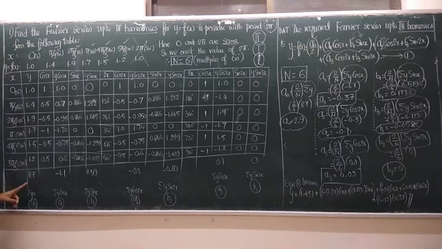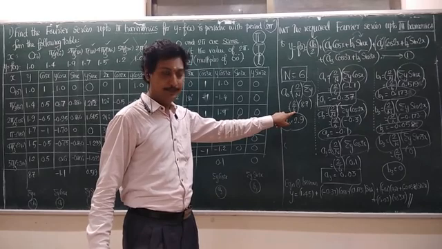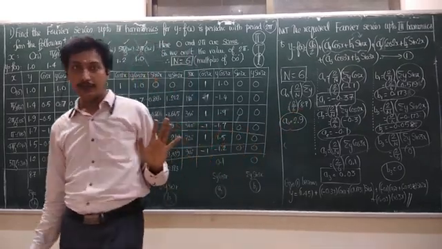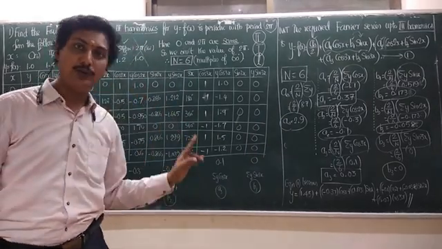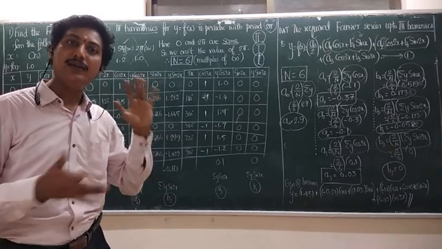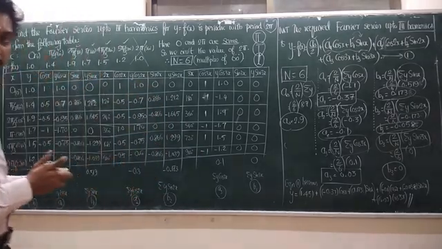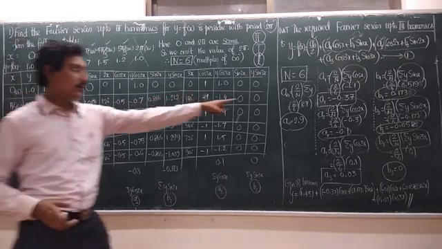Once we get the sigma y value, this will give the a0 value. Let's substitute this 8.7 in the a0 formula. 2 by N, N is 6, times 8.7. So we get a0 equal to 2.9. Got it? So a0 is a constant term. Usually when we do the integration with respect to x, here we add the values, because that is the continuous type and this is the discrete type. Once again, add the y values vertically, substitute the value in the formula, and we get the a0 value.